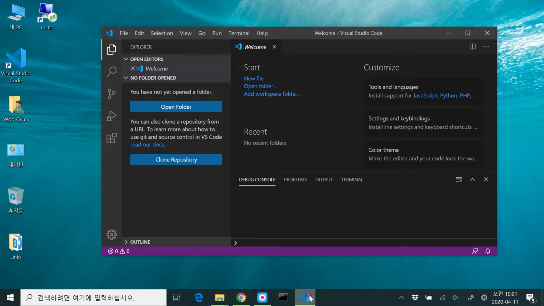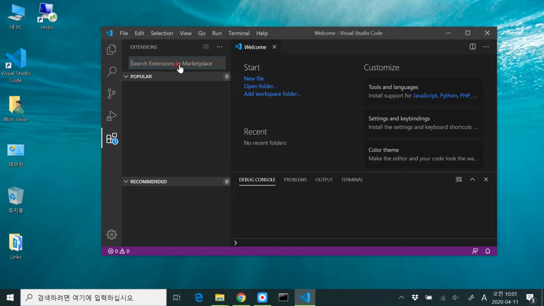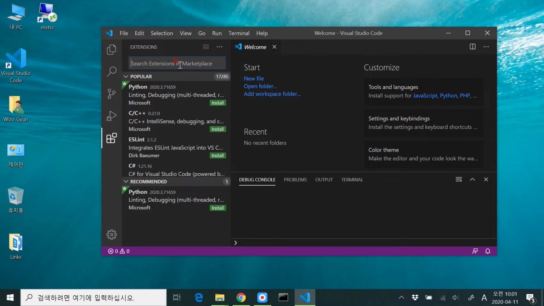In the previous case it was not shown properly because of the network speed, but this time you can check that the Python extension is enabled by default, so just click the first one as an install button. Okay, so I just click this button and it will take time, so please be patient